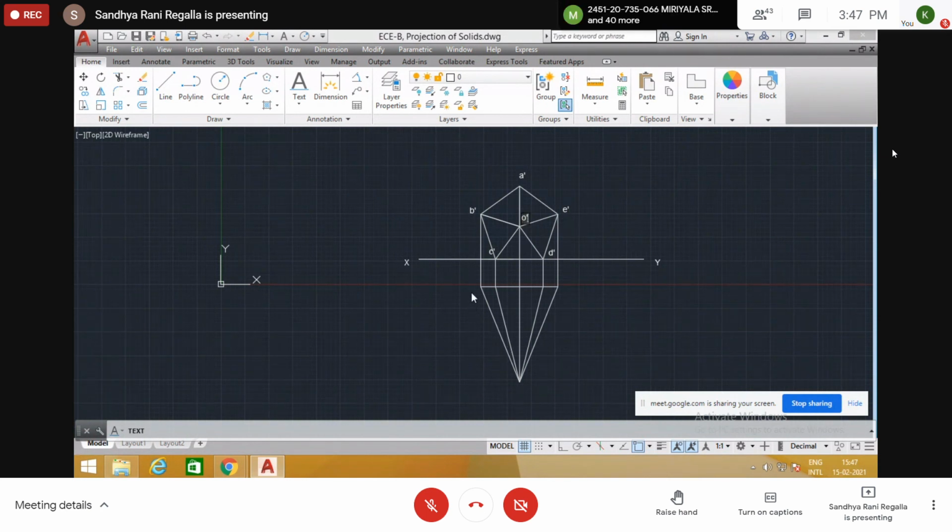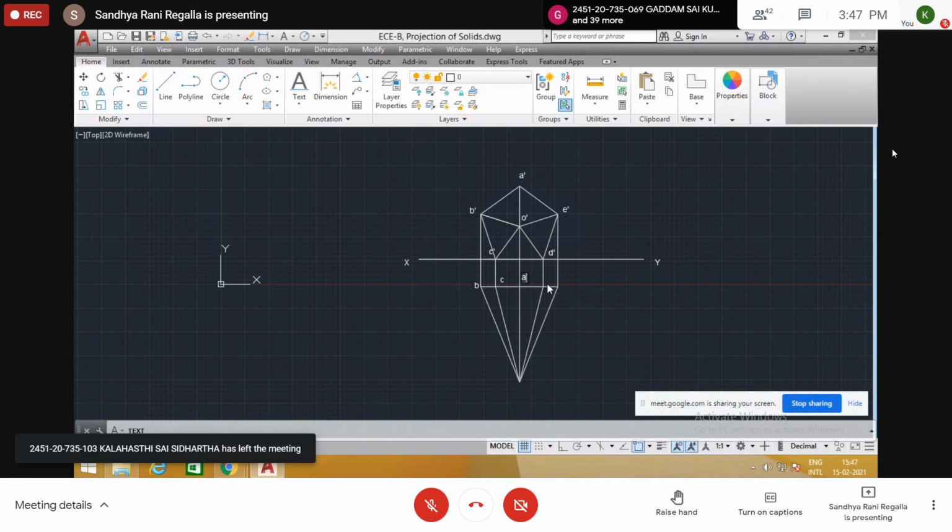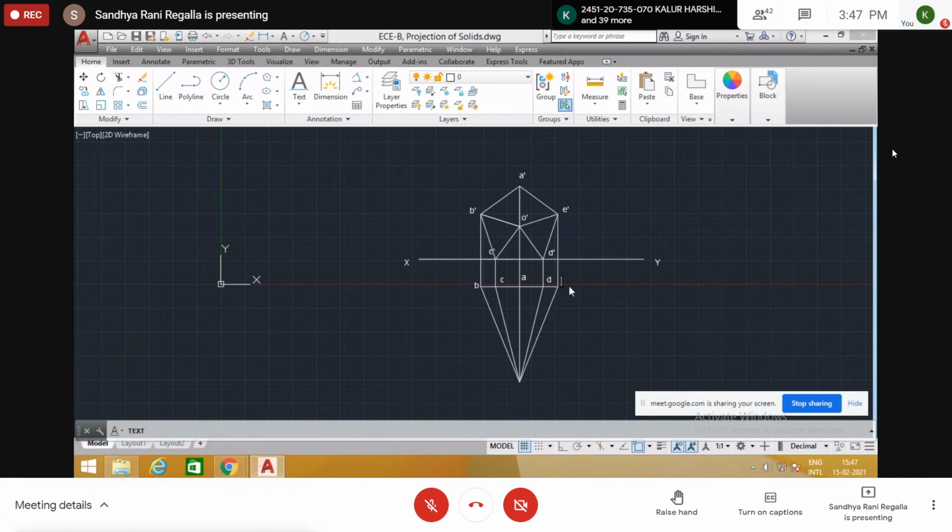At the bottom this is b, c, a, d, and this is e, and this is o. Okay, this is the diagram.